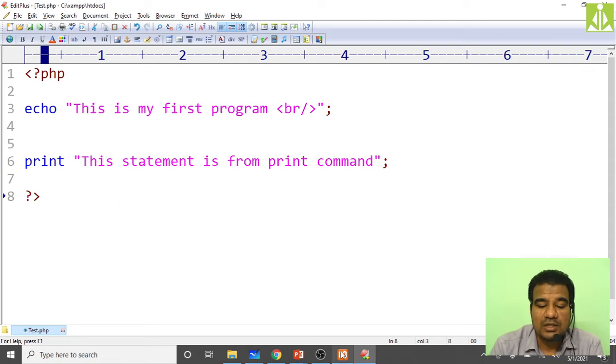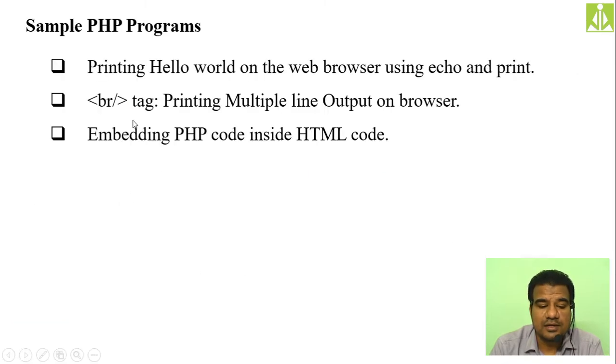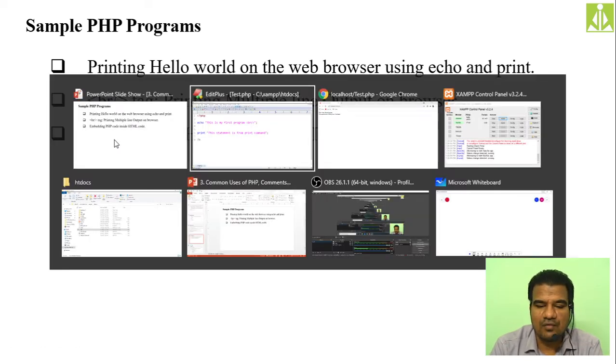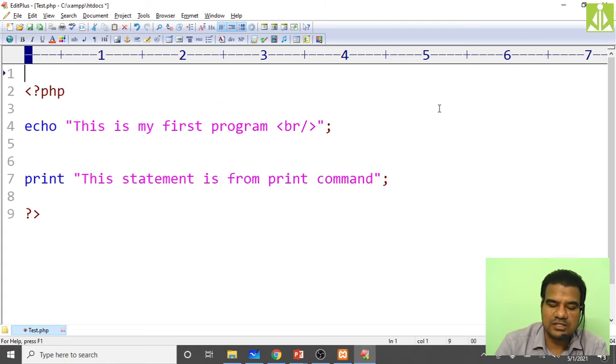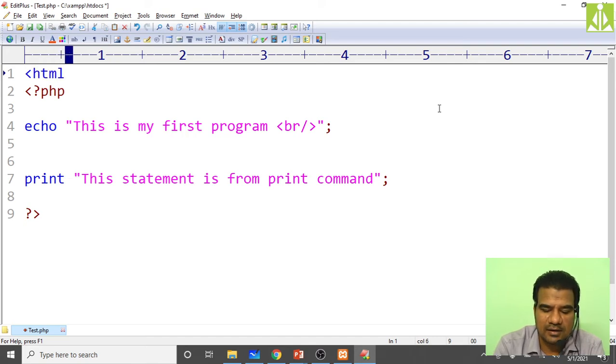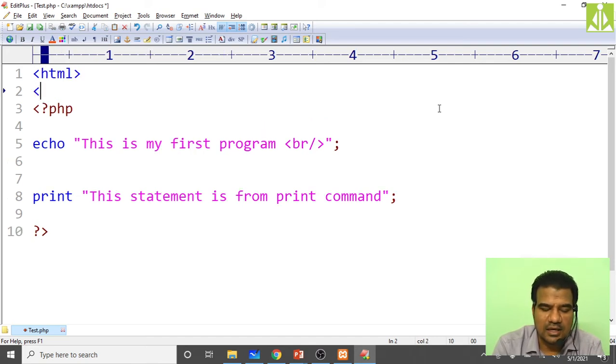Hopefully you understood. The next thing we have is embedding PHP code inside HTML code. The way we write the PHP code, in that same way you have to write. But when you are writing the HTML code, first you will start the HTML tag, then the title tag, and here you will give the title as my first web page.